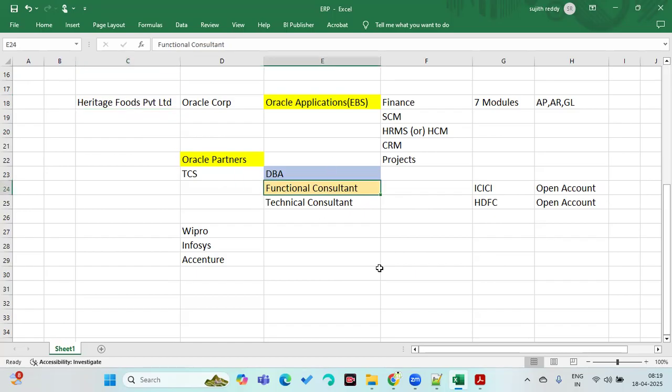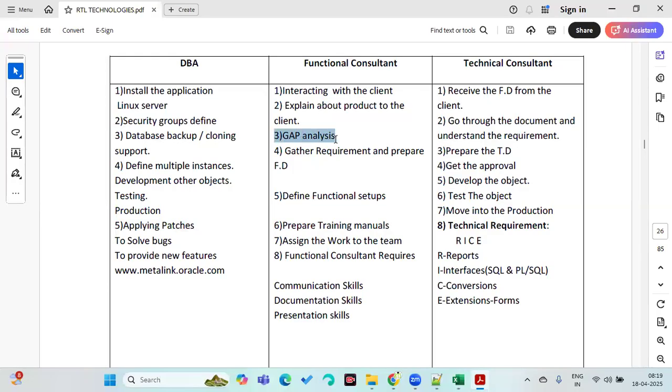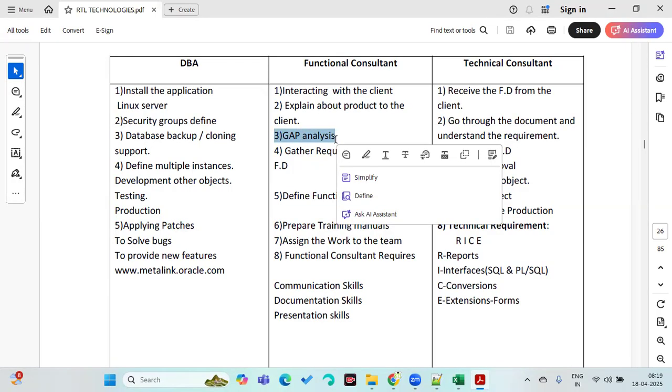Okay, so our functional consultant is going to explain the product to the client. Then the client will say there is a gap. Gap in the sense, no, we don't pay like this. We have this procedure. We pay like this. For example, if the supplier amount is more, we take it as high priority and make the payment. Let's say next week I want to pay 1,000 suppliers. My first priority is based on the amount. Once that is completed, the next priority is based on the date. The next priority is based on the payment method. Like that, they are doing it in their own way.